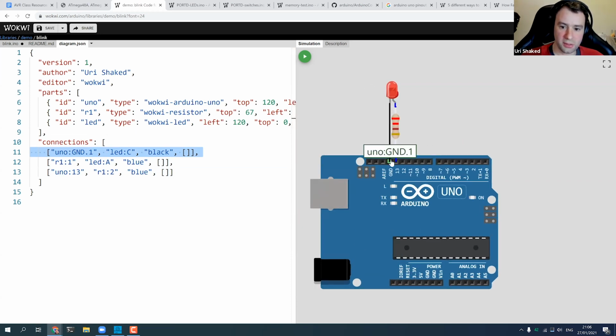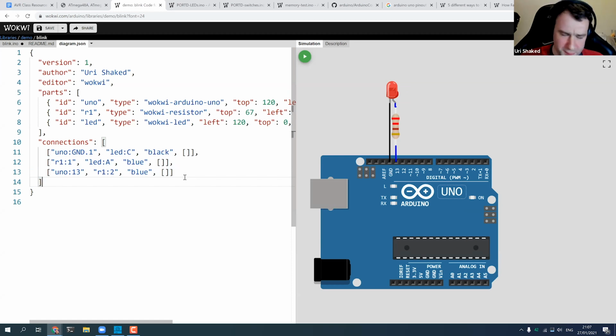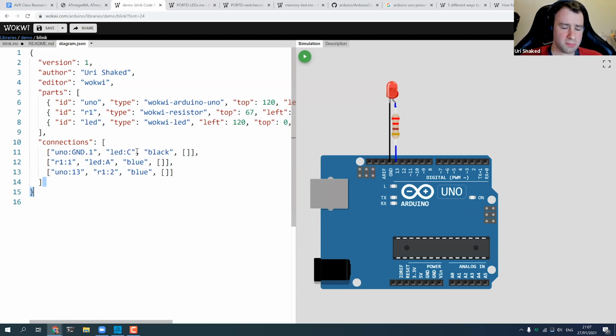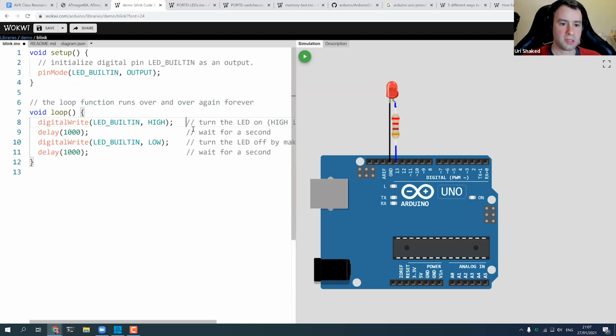That's the black connection. And we have two more blue connections defined here. We are not really going to spend time writing new diagrams or changing the wiring. I just wanted to let you know that this is how it's defined. In this session, and probably in all the other sessions, we are just going to focus on the code.